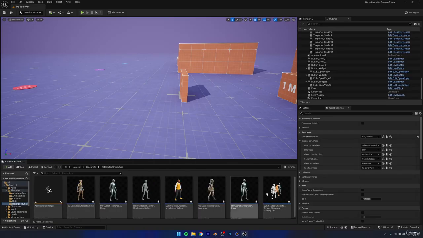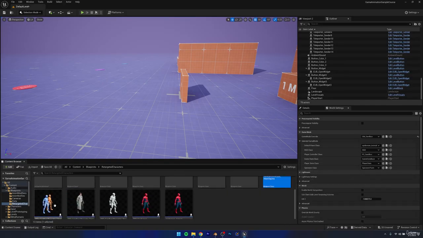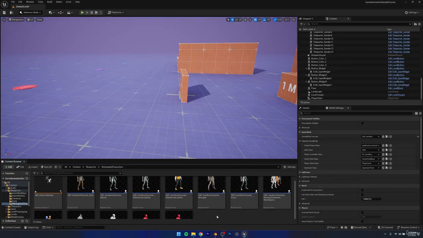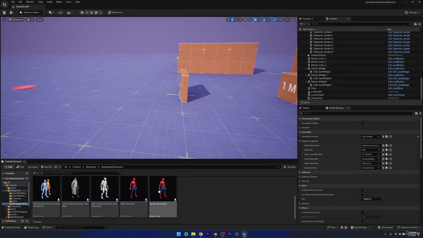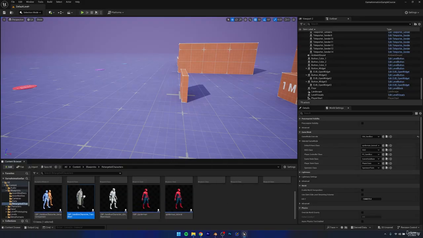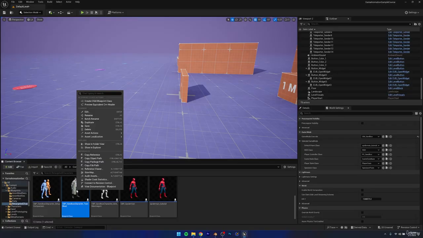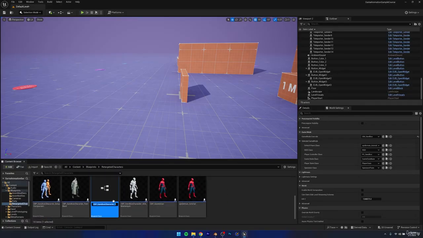All we need to do is select any of these characters and duplicate them, except for this one and this one, because they have multiple characters. Also, you're not going to be seeing these Spider-Man ones. These are because I've done this process before as well. So you can just select any one of these. I'm just going to select Twin Blast. You can select whichever one you want, doesn't matter. Right click it, duplicate it, and now we can call this